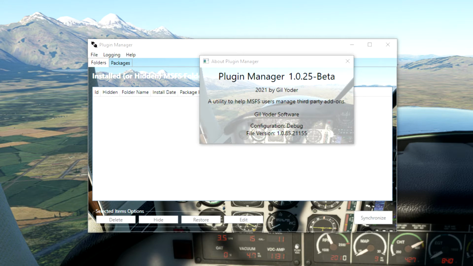I had another video on installing Plugin Manager and getting it set up, so I'll at least skip the installation part, but I will do the setup again for you. But I'll give you the download reference in the notes below the video, so take a look there if you want to know how to download